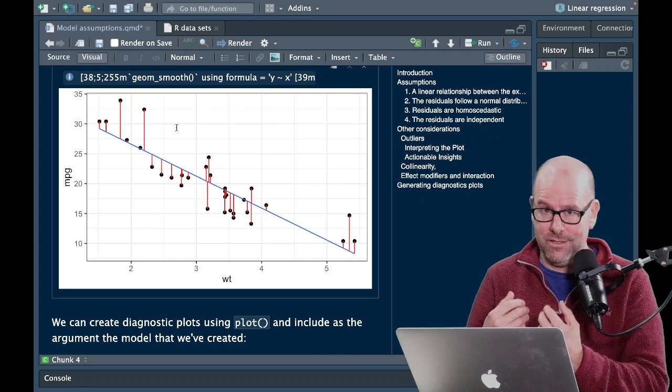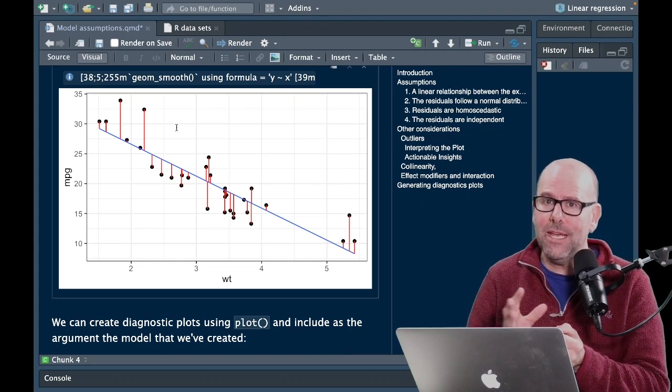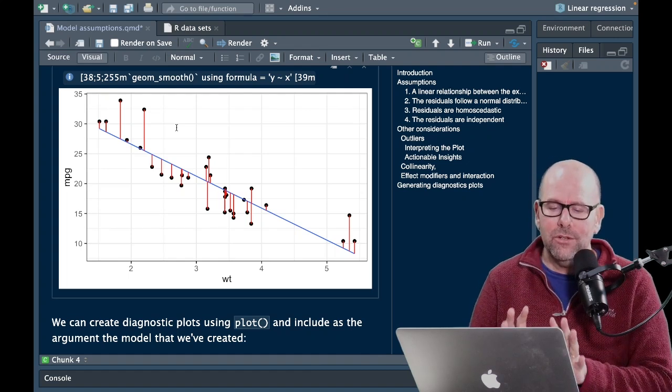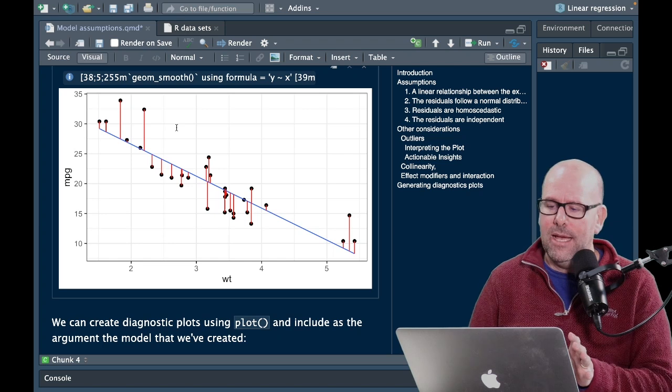So time series data is a good example where you don't have that independence. And again, these are things that we can check. Right, so let's start looking at some of these diagnostic plots. Like I said,